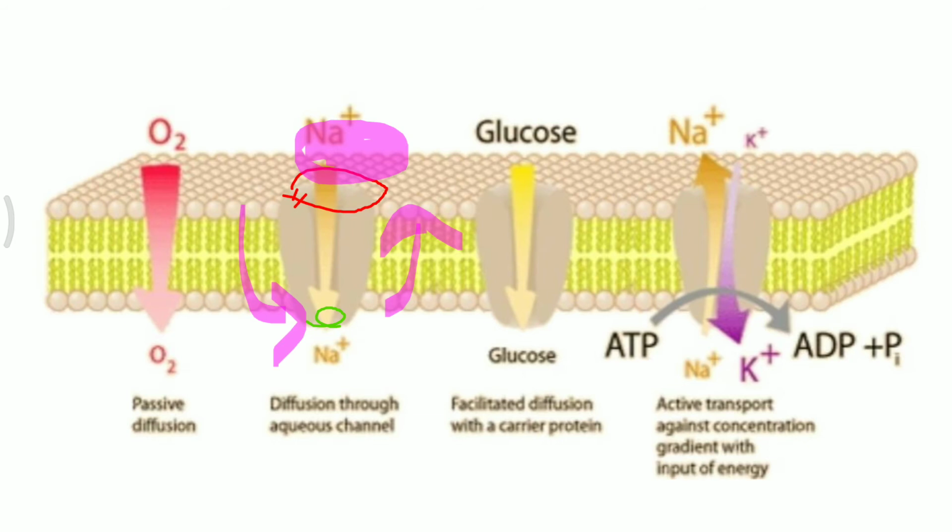These facilitated diffusion carrier proteins are very sensitive to inhibitors. Whenever they come in contact with the inhibitors, they lose their activity, and that's why they have to be protected a lot. One of the common examples is aquaporins, which allow the movement of water from outside to inside of the cell. There are various types of aquaporins, but the function is just to transport the water molecules from the exterior of the cell to inside of the cell.